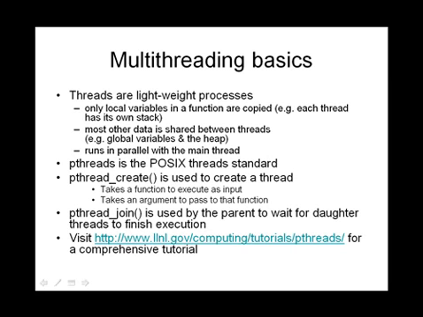We'll be using POSIX threads in all our programming exercises, and we'll be concentrating on just two simple POSIX thread APIs, the first of which is pthread_create. What this does is it creates a thread. It takes the function which should be made a thread and an argument which should be passed to that function as input. Then the other API which we will use is called pthread_join. This is a way by which the parent can wait for the daughter threads to finish execution. What this means